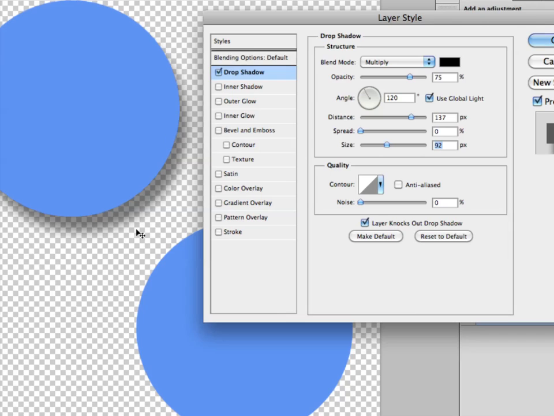That basically talks about where the light is, how far away the shadow is from its object. So by increasing the distance between the shadow and the object and changing the edge of the shadow, I can make an object look like it's further away from the background. Now, of course, that's all an illusion because this is all two-dimensional. But it's really important to understand that we have that ability to create that illusion just simply by sliding these